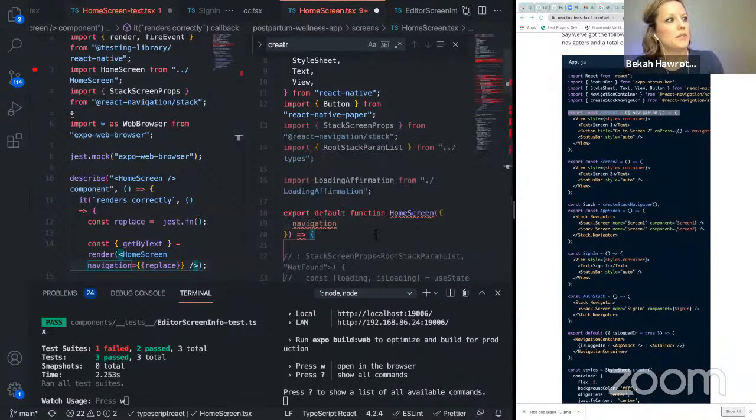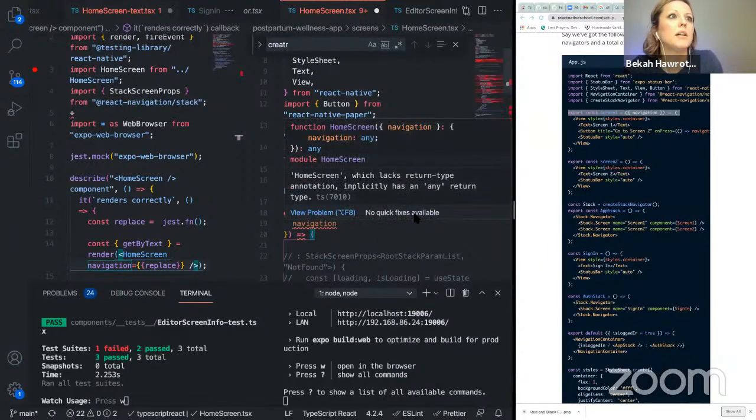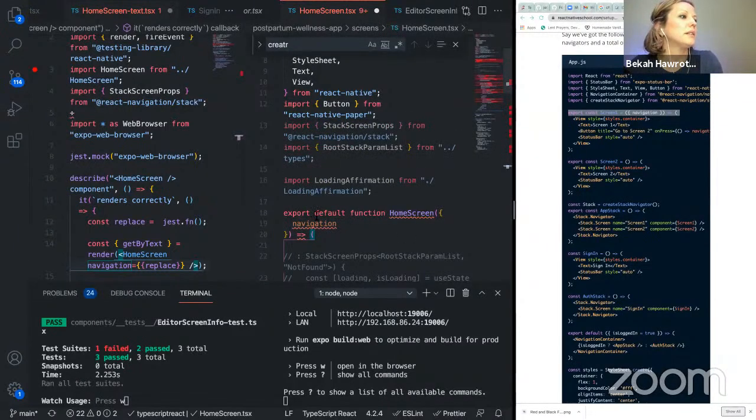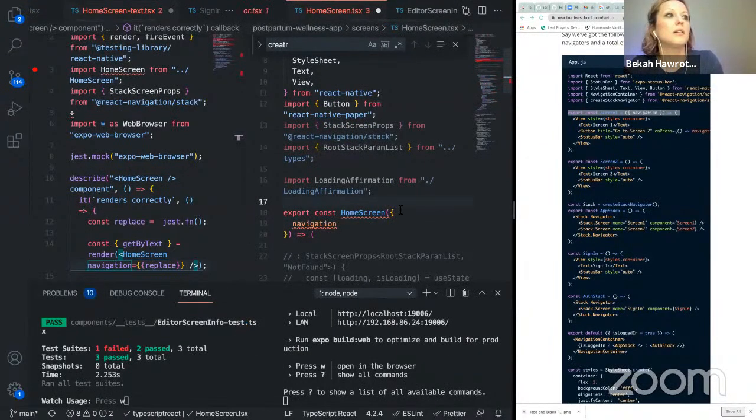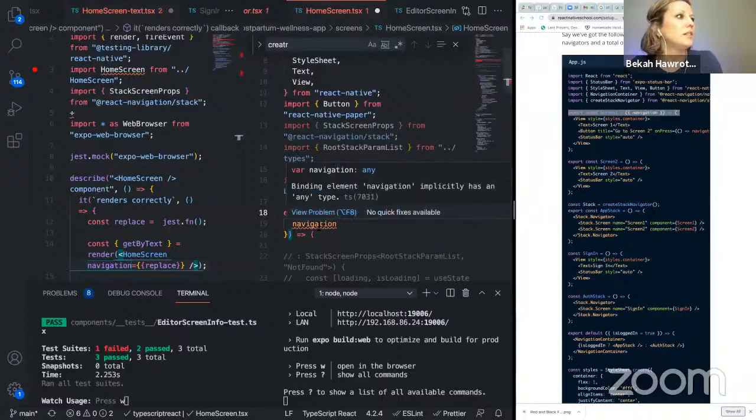But its value is never read. Okay, I screwed up something. Oh, export const. Here we go. And then equals. I need that. Now navigation. So const, yeah, you need to do that. Yeah, it looks good.